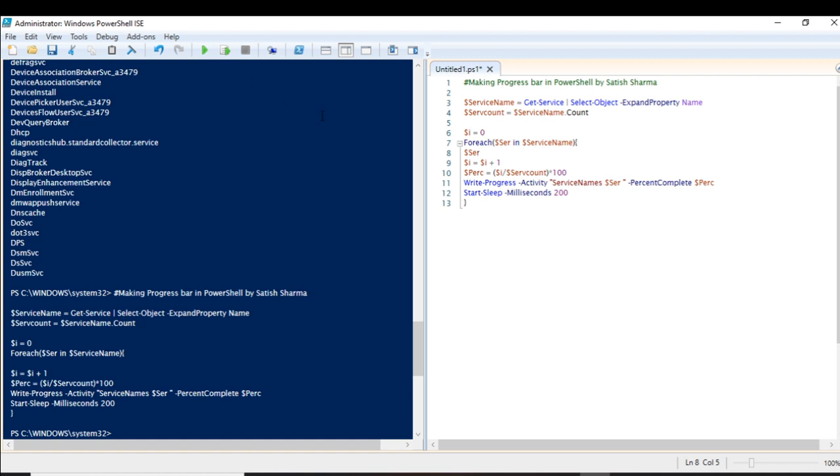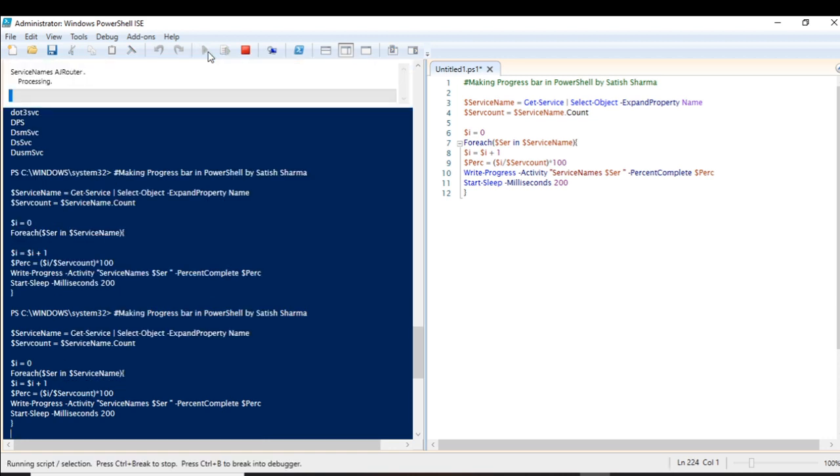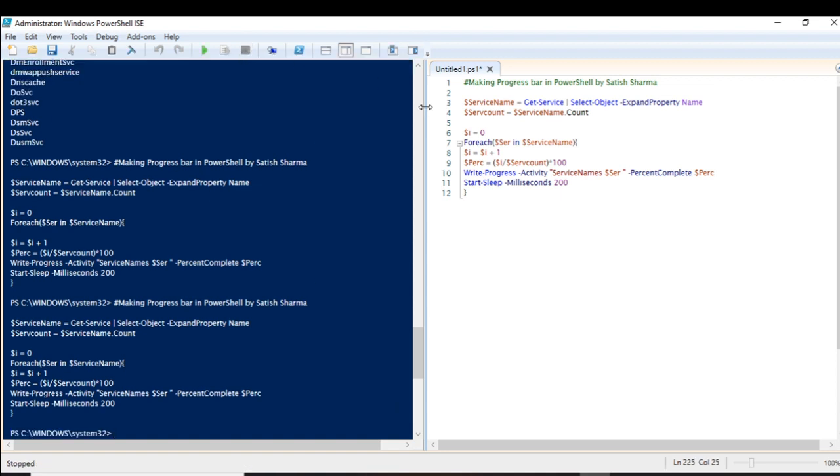One more thing we can do is erase this variable, and we can see that the loop will still run and display. See, it is displaying, and the progress bar is still showing the visual of the total process complete. One more idea is that we can also display the percentage here as well. Let it be something like that.